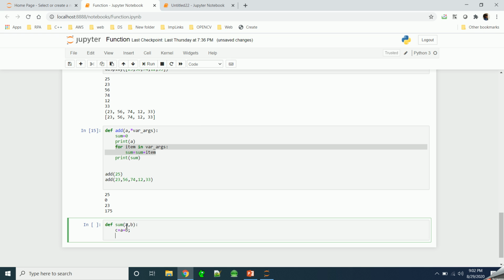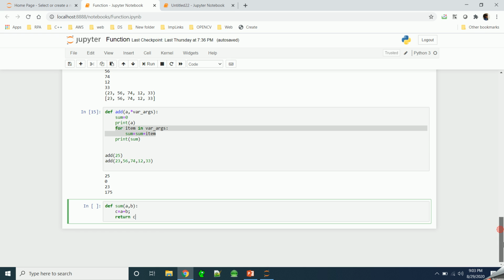Then we will return this c. So we have defined a function which performs the addition and returns this c. Now let's run this cell.